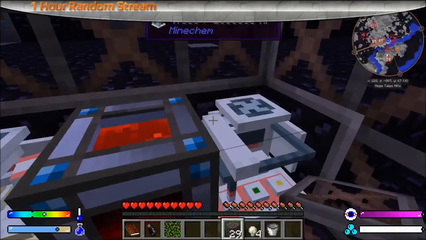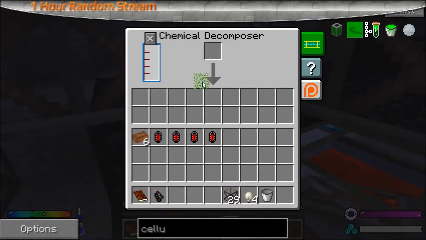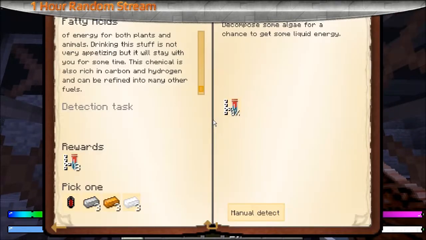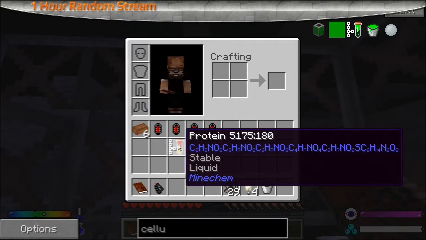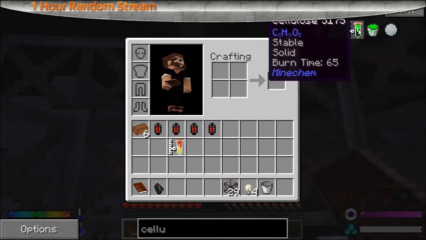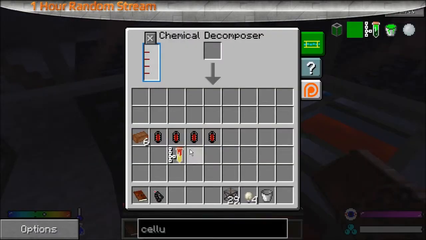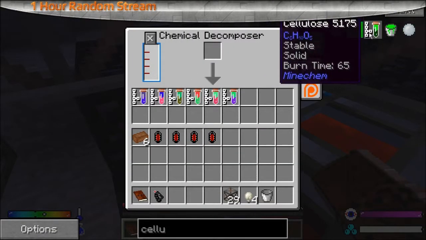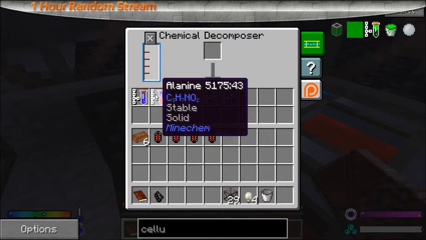Okay, we were going to decompose this algae if we got what we needed. There's a protein. Triglyceride. I mean, we can at least get the stuff to make the cellulose. And just in case my mic was muted whenever I told you, this is the